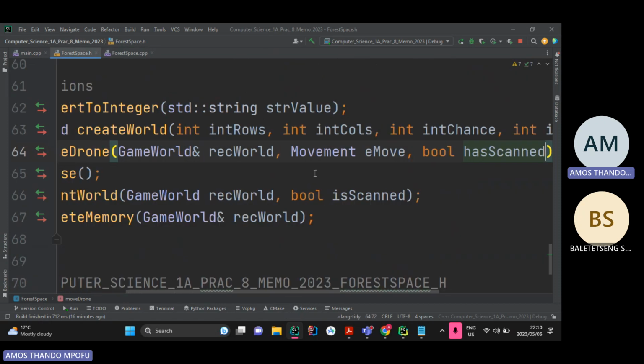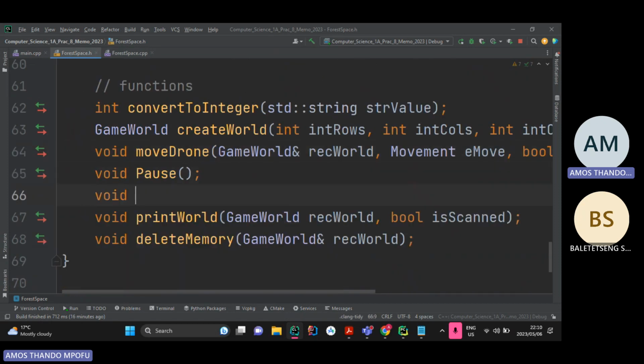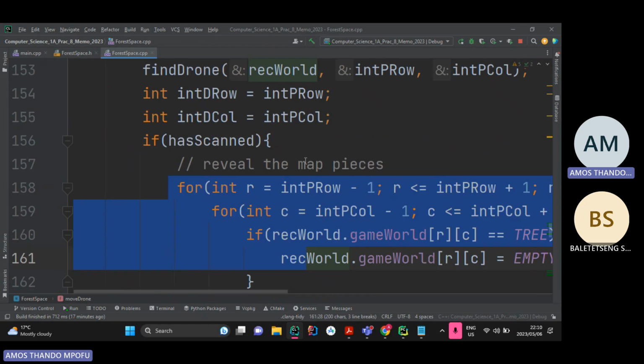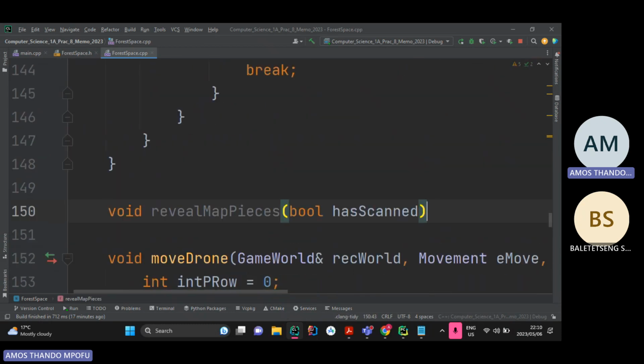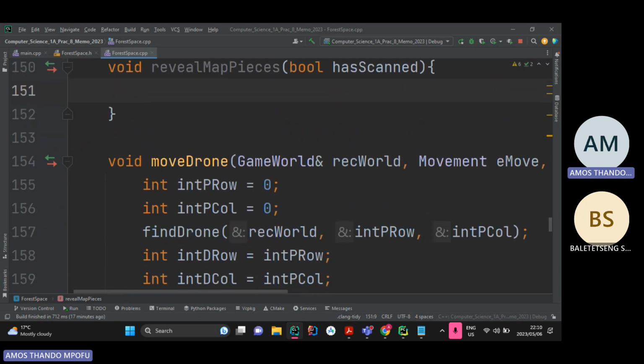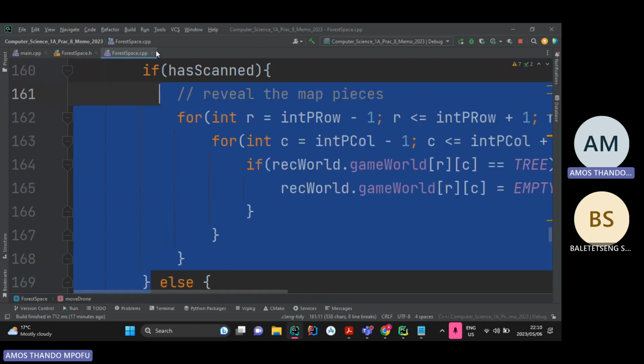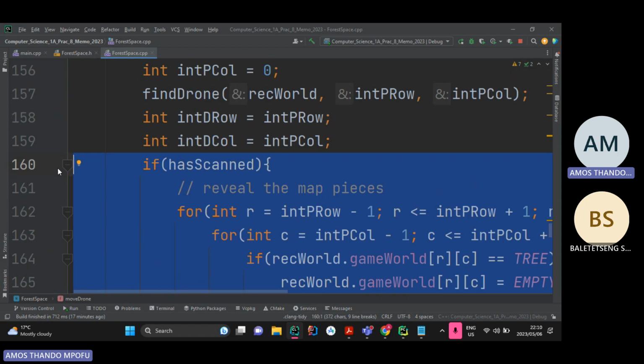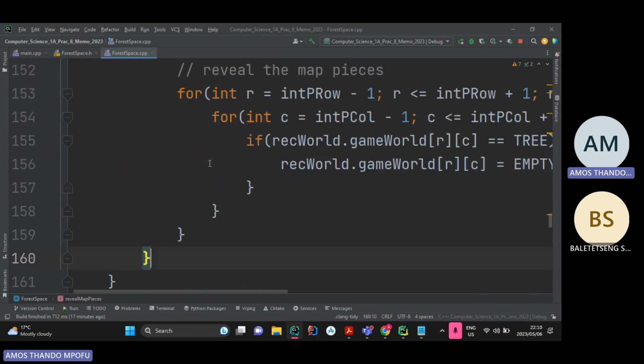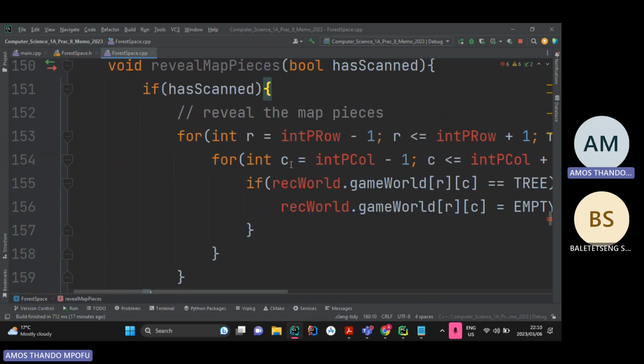It doesn't have to check about scanning. I'm going to have another function, so void reveal map pieces, which takes in a boolean as scanned. It's just to keep things simple, because now if I try to mix things, it won't end well. So I'm going to have this pieces, right? And then I'm going to have this. Just going to cut this. Okay, let me just copy that. If it is scanned, and then